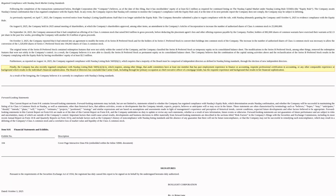And as if that wasn't enough, they also recently regained compliance with yet another rule, 5605C2A. This one specifically relates to the audit committee of the board. It requires at least one member of the audit committee to have financial expertise. This means they need someone who really understands finance or accounting to oversee the company's financial reporting and internal controls. They specifically mentioned Corrine Clark, noting her experience as a chief executive officer of a mortgage lender,